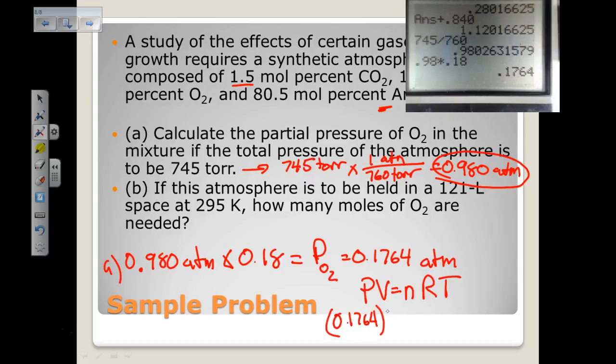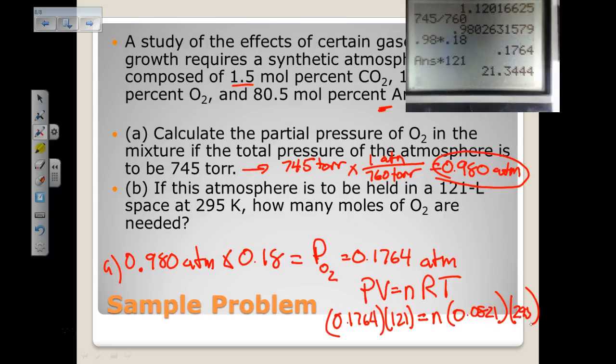Well, what's the pressure? 0.1764. What's the volume? 121 equals N, we don't have N, times R, 0.0821. And then temperature is 295. Okay, so now we solve. So it's that times 121. Then we're going to divide in order to isolate N. So we're going to go divided by 0.0821. And then we're going to divide it by 295. And so the number of moles that we need is really just 0.88